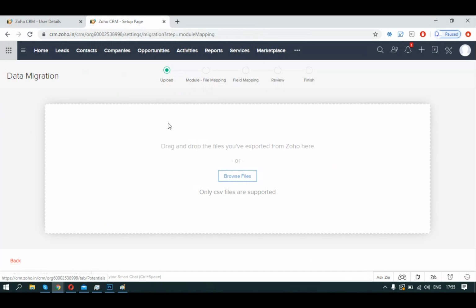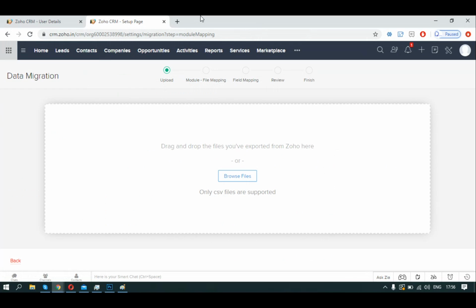An example would be if the email address in the existing CRM is there, but in the Excel sheet there is no field called email address, then what happens is all email addresses for that imported data for a specific module, let's say the leads module, does not get imported. So you're going to have first name, last name, phone, mobile, but you did not map the email address to the CRM and Excel. So that skips that field and all the data then does not get imported, which leads